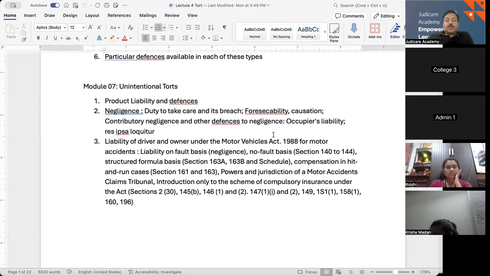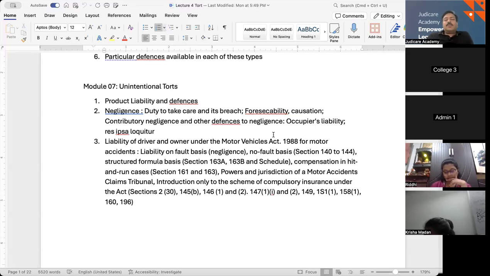Then another term, under point two, is foreseeability. We have spoken about it earlier in a previous chapter also, but it is the ability to predict potential harm resulting from one's action. For example, a child running into the road while playing makes it foreseeable that a driver must be attentive to prevent an accident. Accidents can happen from both sides. If you are going through a locality which is full of kids playing on the street, it is your responsibility to foresee that an accident might happen, and you should drive safely.